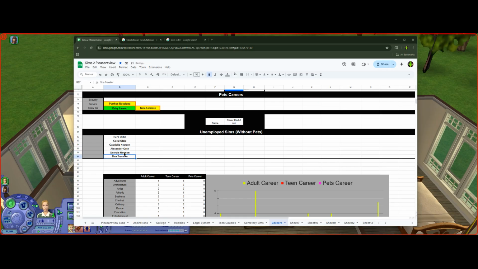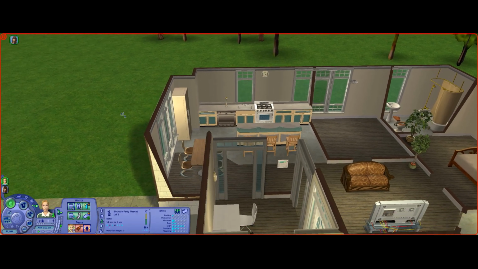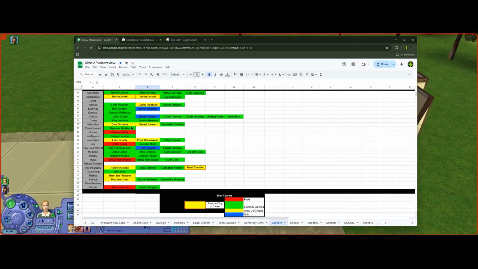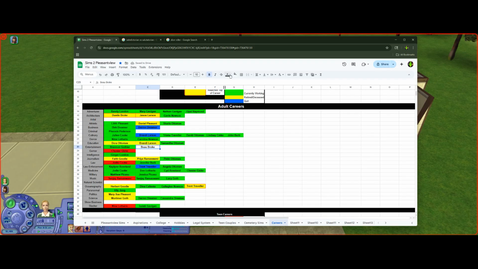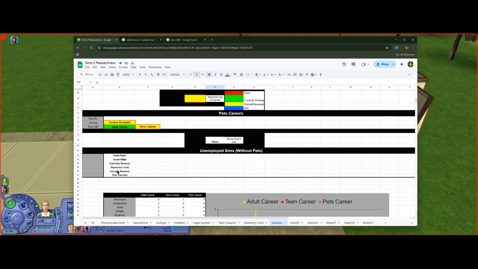Georgia Newsom too, because she didn't have the role to get a career. And Bo actually is employed now in something. He is in the entertainment career. So let's put him right here. Bo broke, and let's go ahead and put that to green. There we go. And now Bo is in the entertainment, and Georgia Newsom right here didn't get the want to